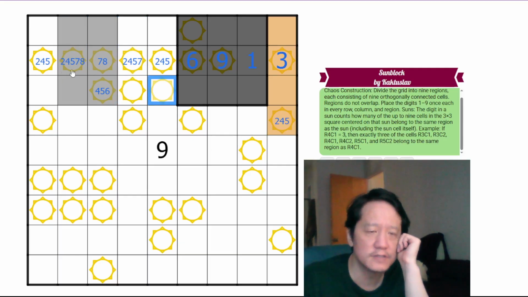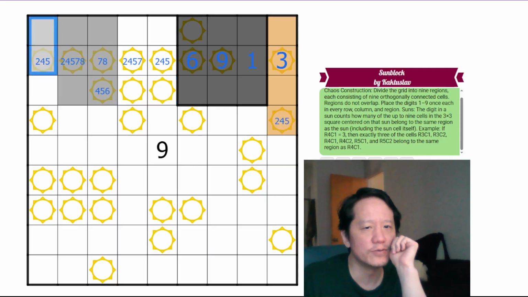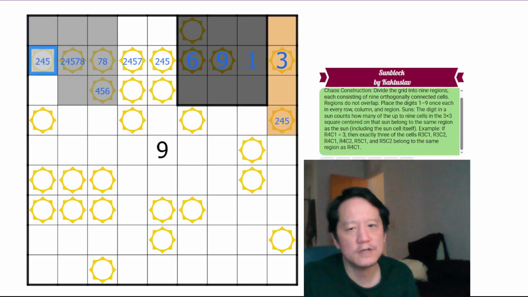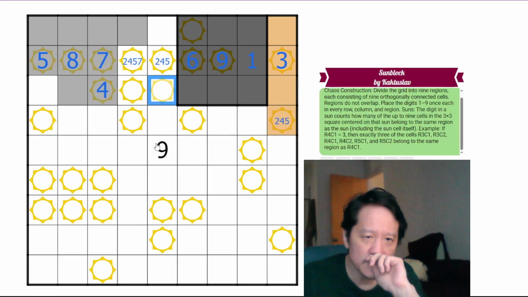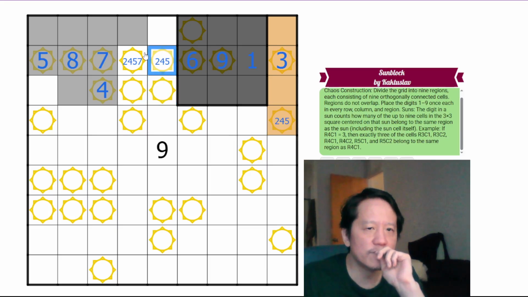If this is 8, then obviously both of these are shaded. So then this would be 5. This can't be 5 or 6. It would be 4. This would be 8. That's 7. So it would have to go gray here. One of these could be 4. That doesn't work. So this doesn't work